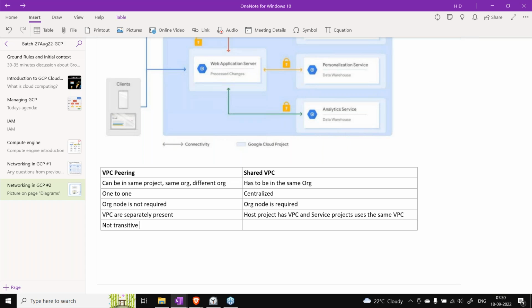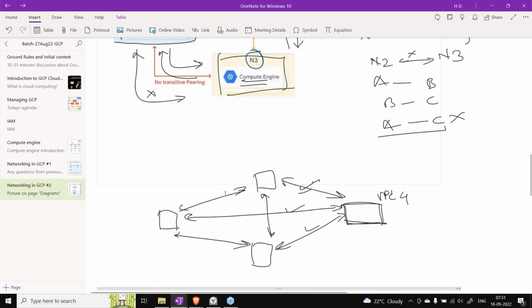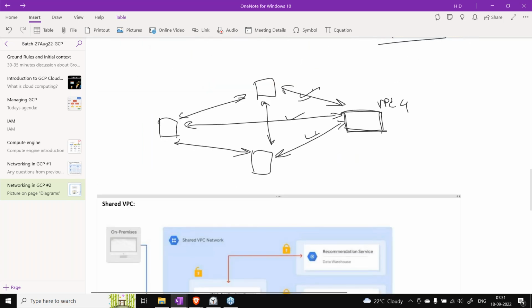With peering, we have to create a peering every time between two different VPCs. Here, anyone can talk to anyone else. What do I mean by that? Let's say I have a shared VPC, we'll see how this can be converted into a shared VPC.